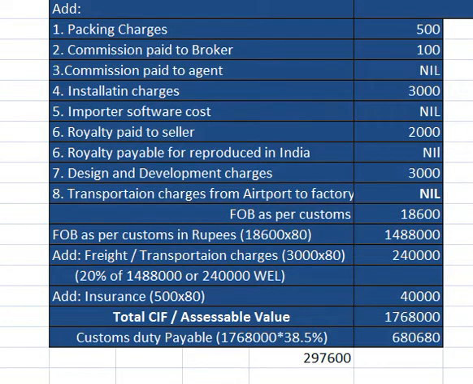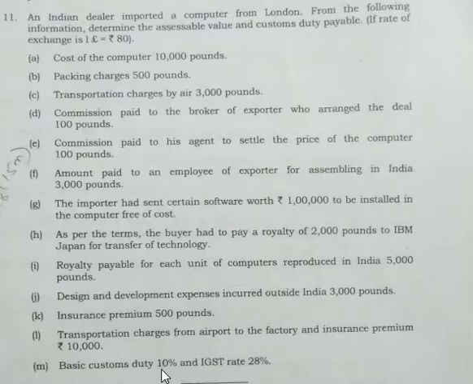But as per this question in 2018, the rate is how much? 10% and IGST is 28%. If we do this with 10% and 28% as per the question only, the answer is like this. Now it does not come to you as 10% and 28%. Now it comes to you as 38%. So 35% plus 10% surcharge, that was 38.5 only. If the rate is not given, you should take 38.5 only by adding the surcharge.